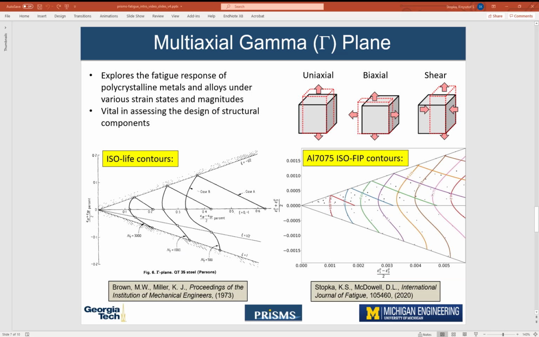The multiaxial gamma plane is an important consideration in the design of engineering components. The majority of fatigue experiments are done in simple uniaxial states of strain. This is primarily because these types of experiments are easy to perform. However, a lot of engineering components seldom undergo simple uniaxial strain states. They might experience biaxial or shear loading as well. So the multiaxial gamma plane attempts to characterize the fatigue behavior across these three possible strain states, but it also